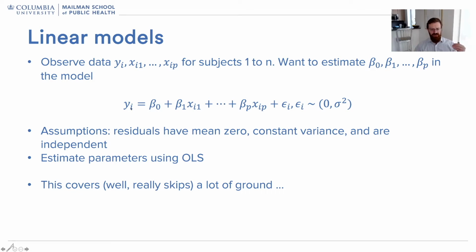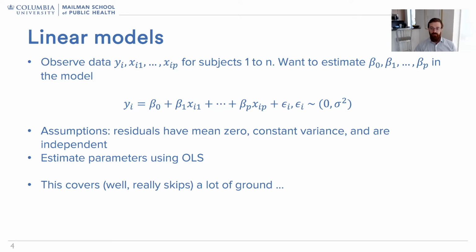Now, of course, the outcome that you observe isn't just the combination of these coefficients and the predictors. There's always some error term that's floating around on top of that. And the assumption that you have to make is that those error terms have mean 0 and variance sigma squared. Often people will also assume that those errors are normally distributed. That is helpful in a lot of ways. It's a nice assumption to have, but you don't have to have it if you just want to do linear